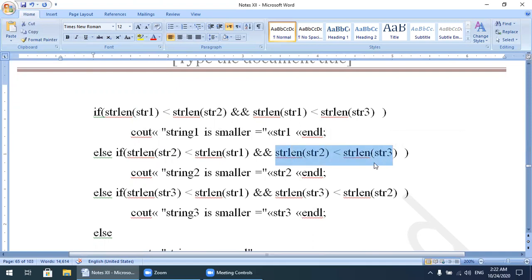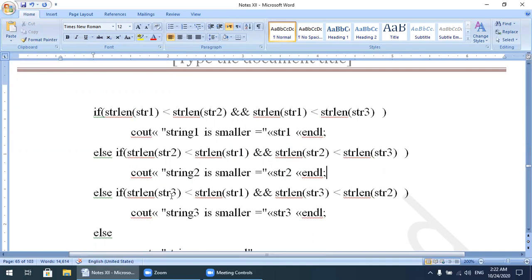The first condition is true, the second is also true. True and true, the result will be true. So when the result is true, this statement will be executed. Which one is cout? Within the double quotes, "string 2 is the smaller", and string 2 it will display on the screen.